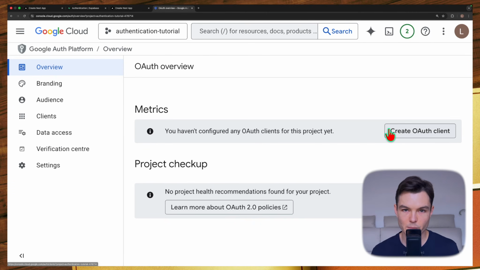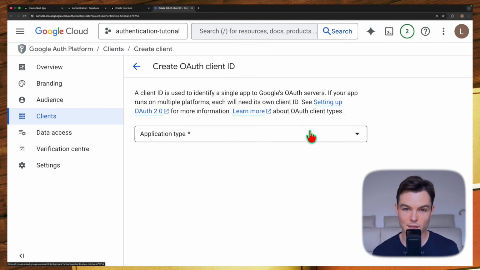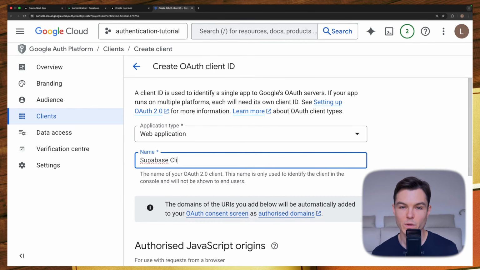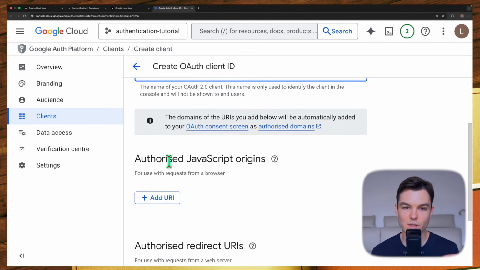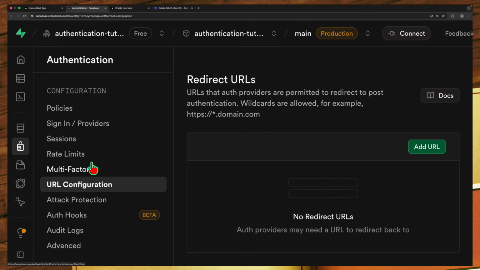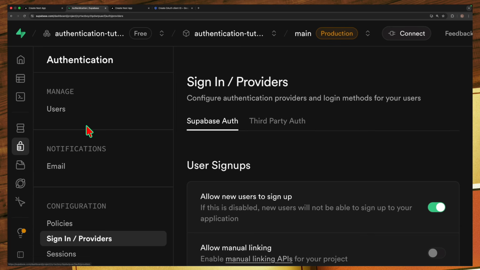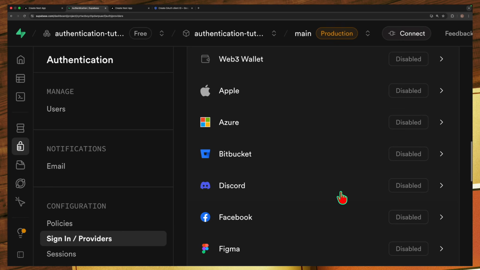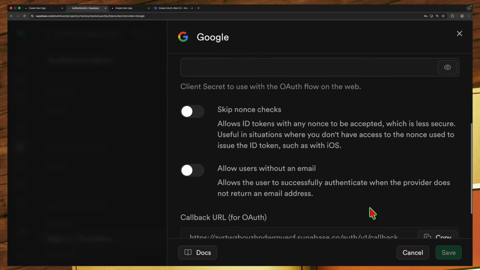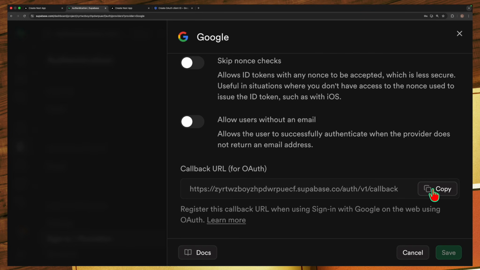So now that we understand a bit better what's happening, let's head back to Google Cloud and click Create OAuth Client. We select application type Web Application. And for the name, we can write Supabase Client. So we need to configure the redirect URL. In order to get the redirect URL, we'll head back to Supabase, click Authentication, Sign in Providers, find Google, and click Disabled. Now scroll down, and then we'll see the callback URL for Auth, which we'll copy and then add